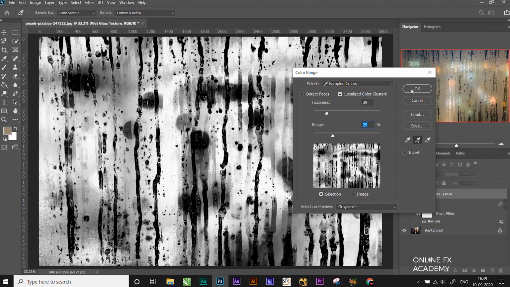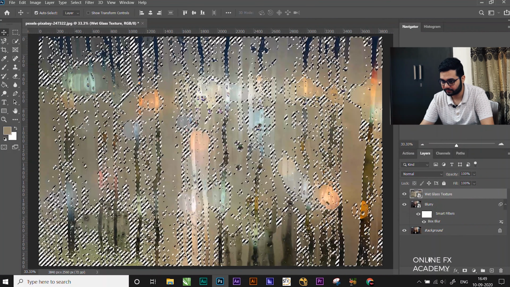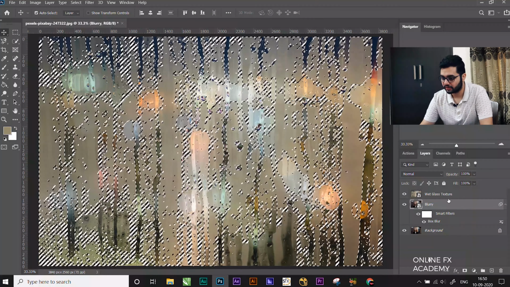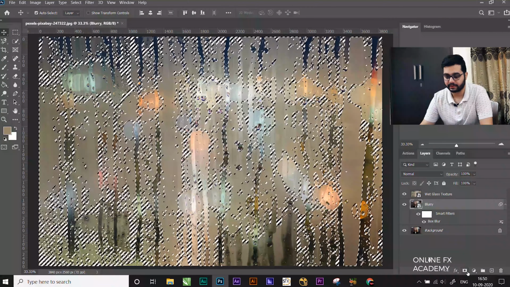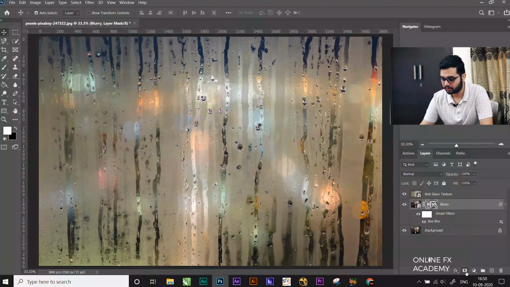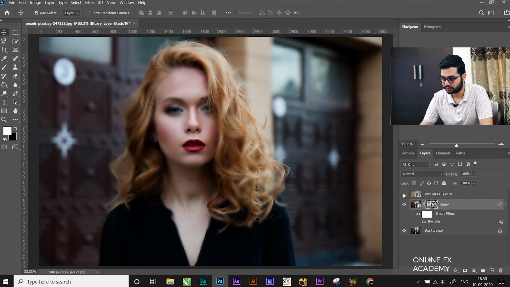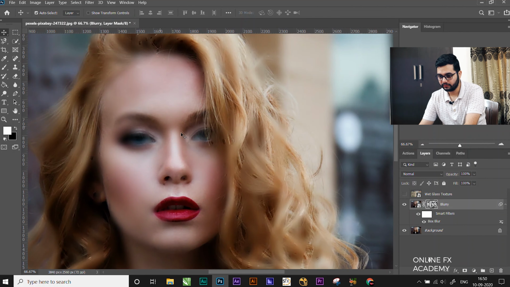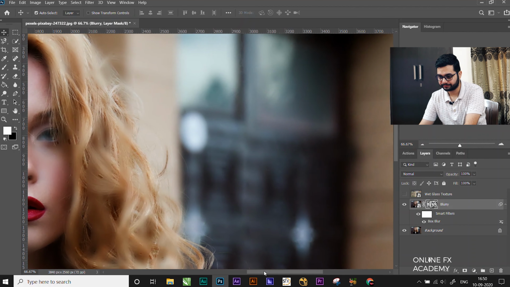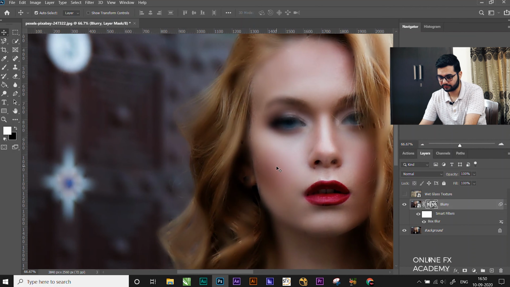Now this looks fine and hit OK. Now with the selection, make sure this blurry layer is selected and click on layer mask. Now if you zoom in, you'll see that the blur is coming up.